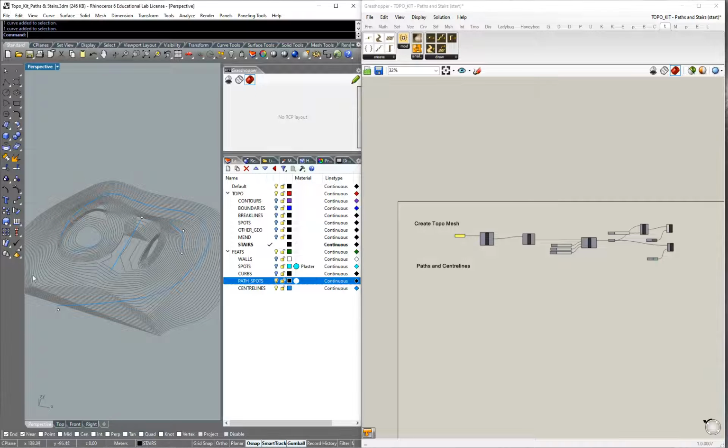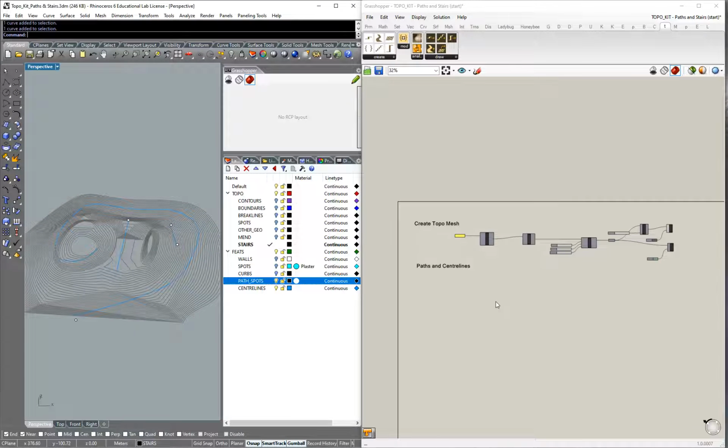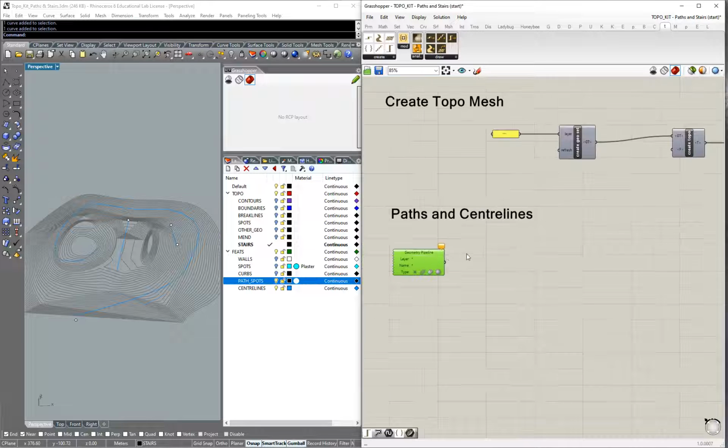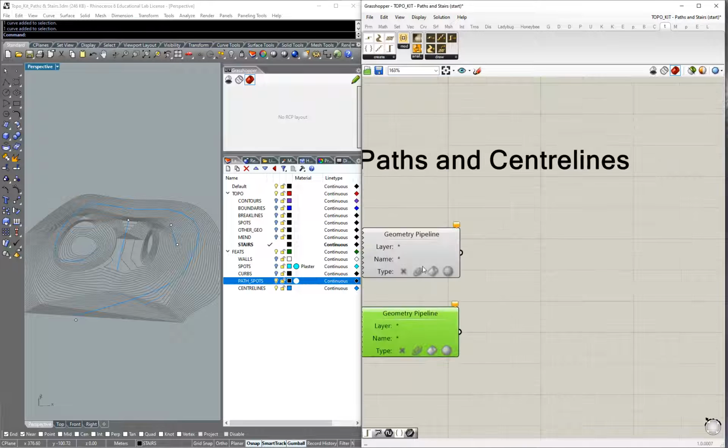So the first thing, it's better to visualize what I'm trying to explain. The first thing we're going to do is just draw a geometry pipeline. And with the geometry pipeline, for the paths and center lines, we want one called feats, from features. And then we need to put the sublayer now. The name will be path, sorry,